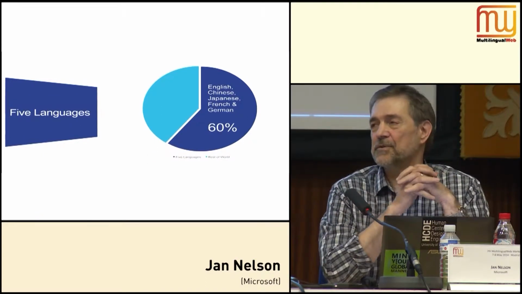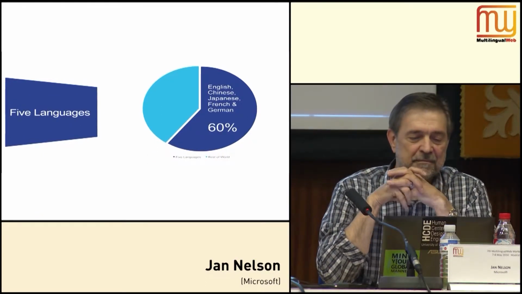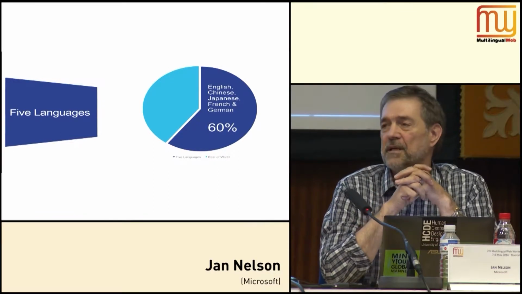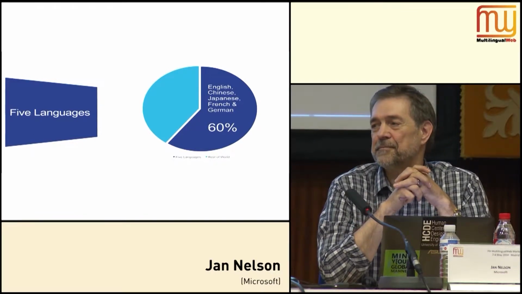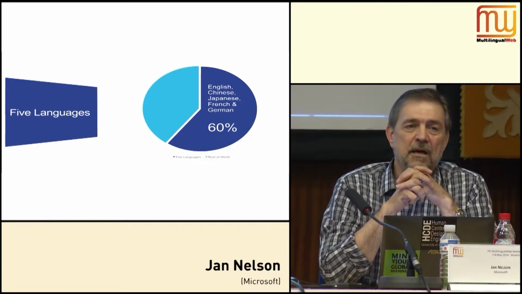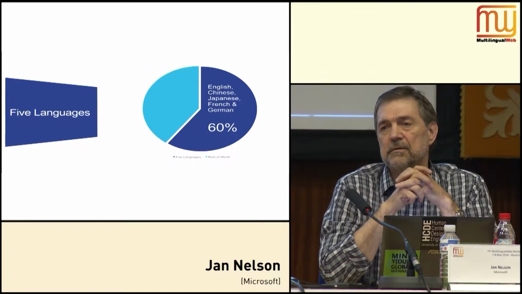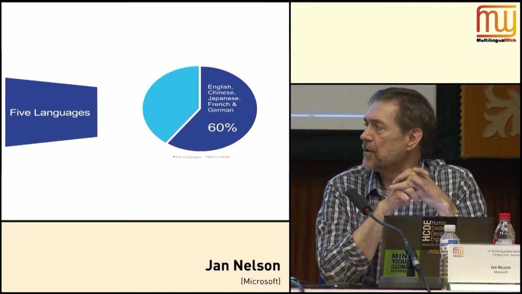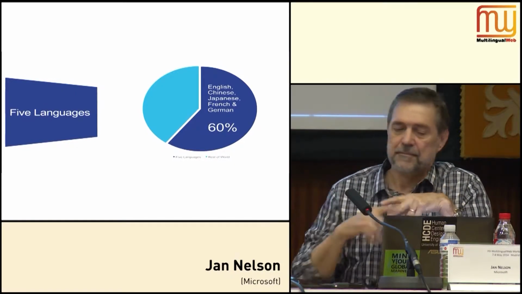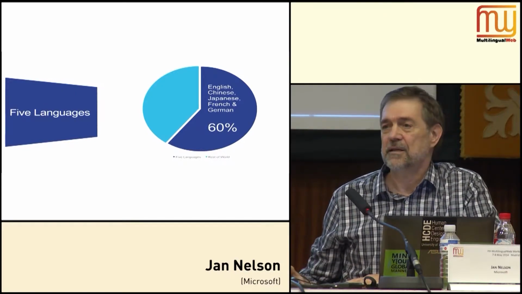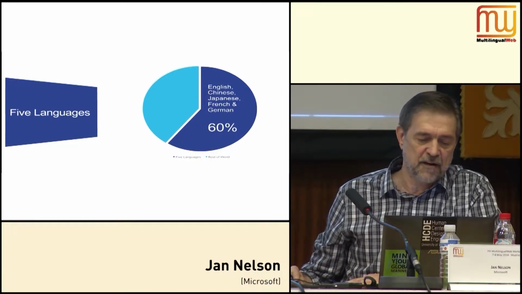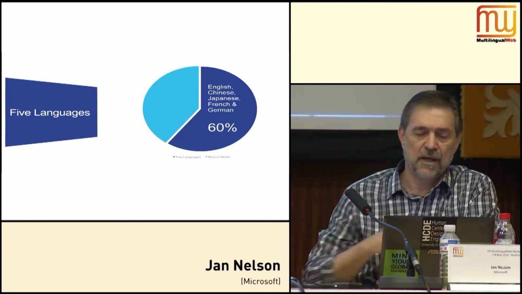Let's go to 5 languages. So we're going to add French and German, and now we're at 60%. So it seems like a reasonable number of languages to those of us who are used to talking in language, but to an individual developer, this is a very formidable thing. And yet, it's compelling to think about the global reach that I could have if I could figure out how to work with languages.